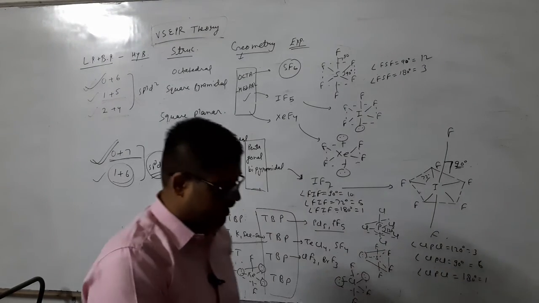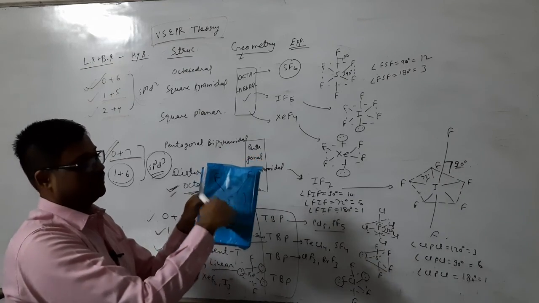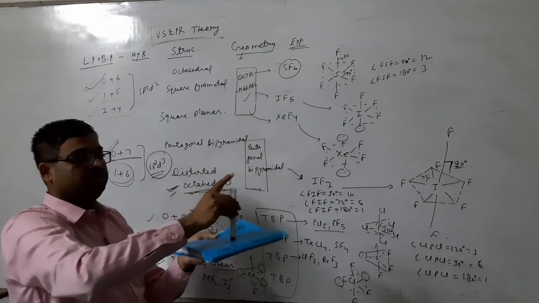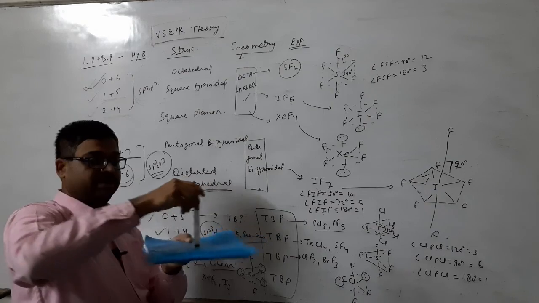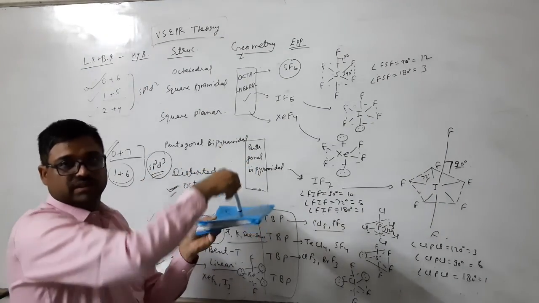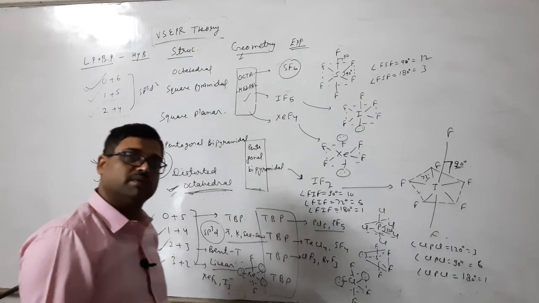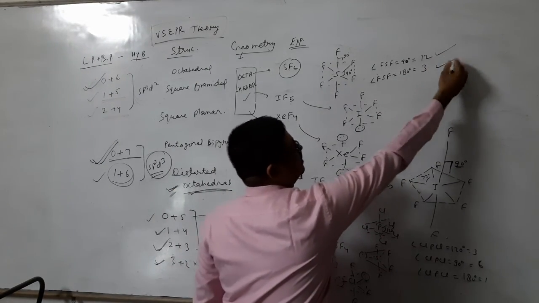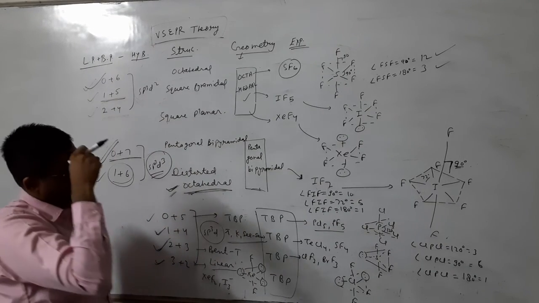What about 90? You can see this is sulfur. These 4 are fluorine. They make 90, 90, 90: 4 90-degree angles in the plane. And the sulfur-fluorine above makes 90 degrees with this, this and that, so 4 by the fluorine above and 4 by the fluorine downward. So in total 4 plus 4 plus 4, 12 90-degree angles are there. Clear? Next, the 1 plus 5 case.